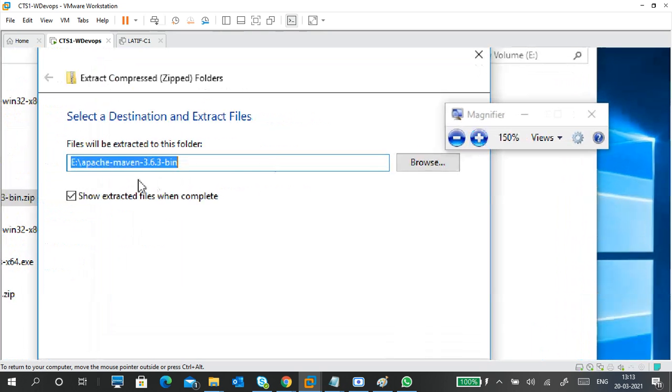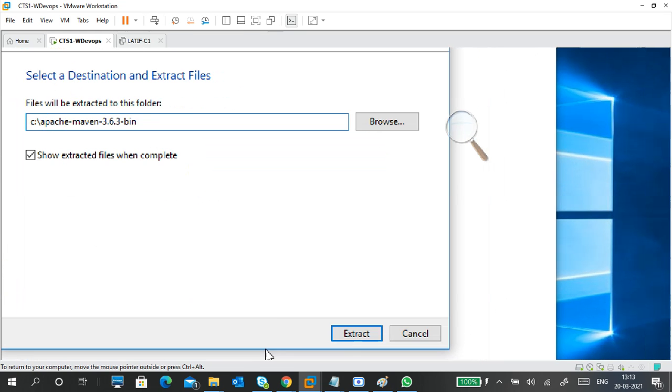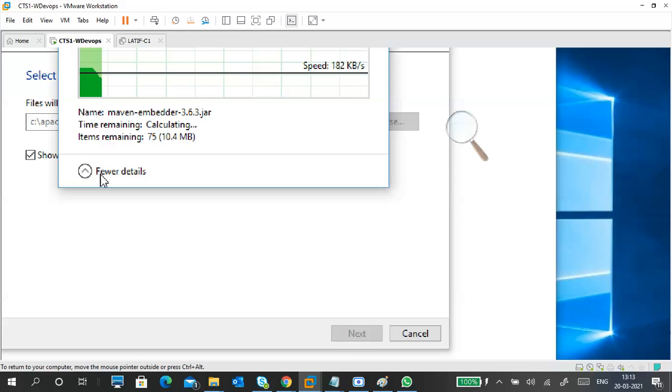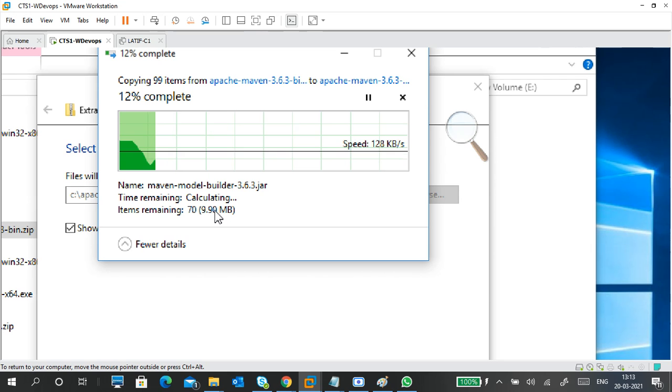I want to extract in the C drive only, not the E drive, because there is no installation, just extraction. I downloaded only 9 MB, and after extracting it will take almost 12 MB.